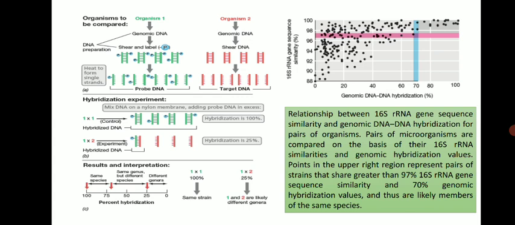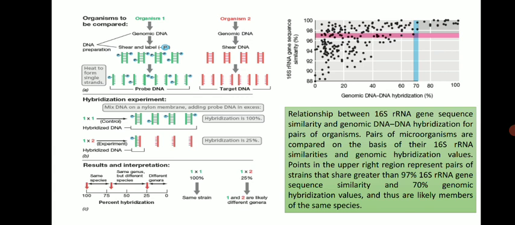So in this experiment, only 25%, that is one strand of DNA, is hybridized with the probe DNA. So it reflects that only a 25% match is there, and we can see that the species belonging to this category are of different genera. This is how we can estimate unknown species by probing with known probes, or hybridizing with probed DNA. We'll discuss this concept later in detail in other techniques.